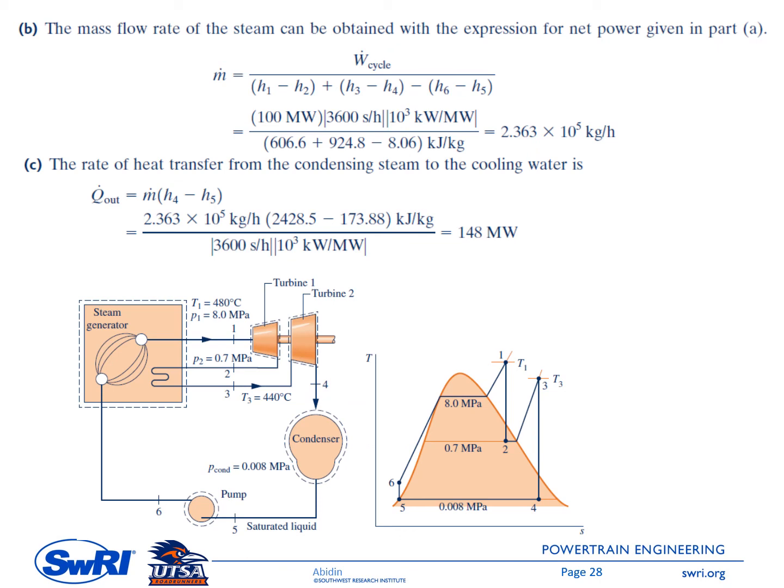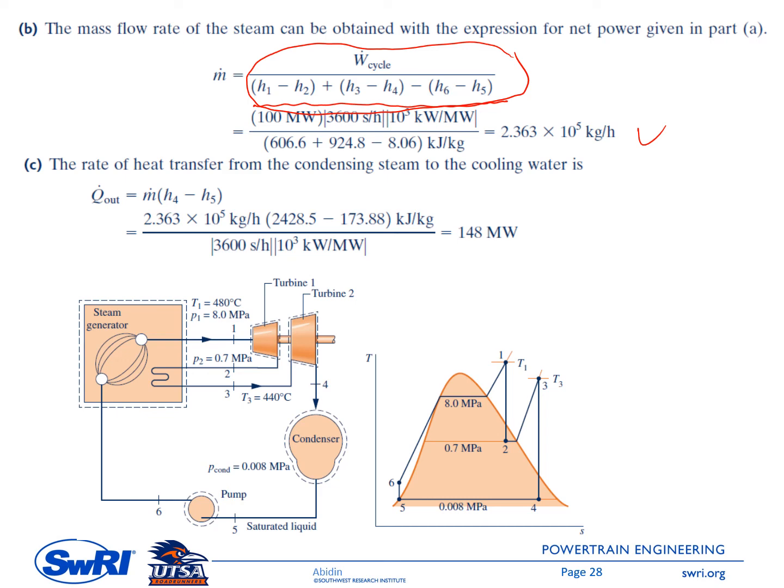The second question is the mass flow rate of the steam. So the net power is given, so we can calculate the mass flow. So the net power is the mass flow times the power generated by the first turbine plus the power generated by the second turbine minus the power required by the pump. And we have all the numbers in the parameters on the right side here. So you just plug in and you will get the mass flow rate, 2.363 times 10 to the power of